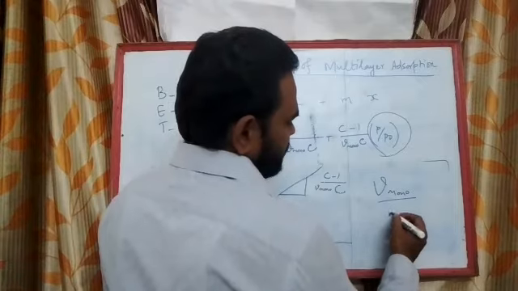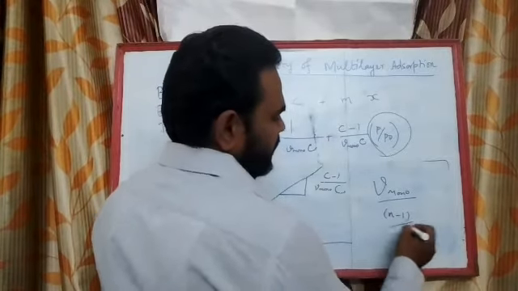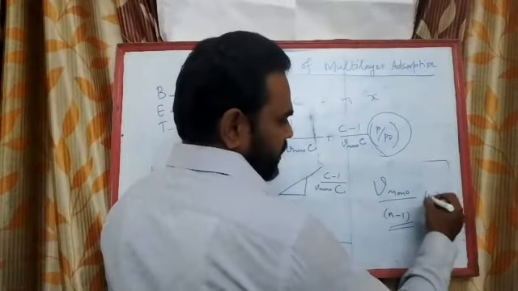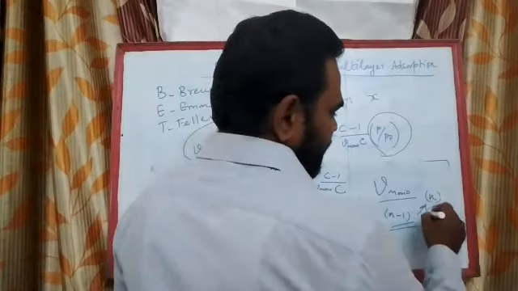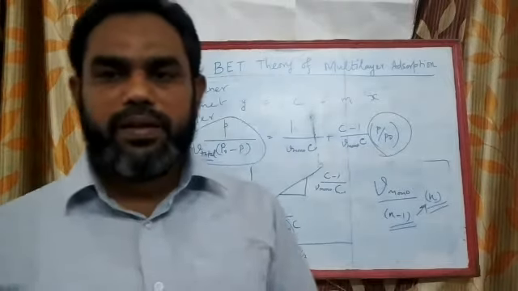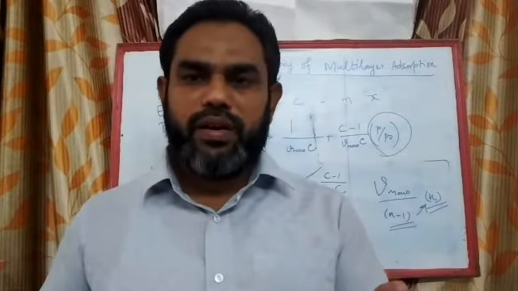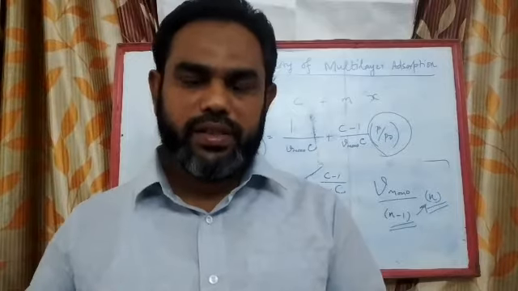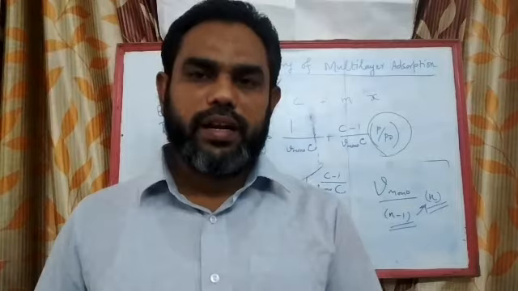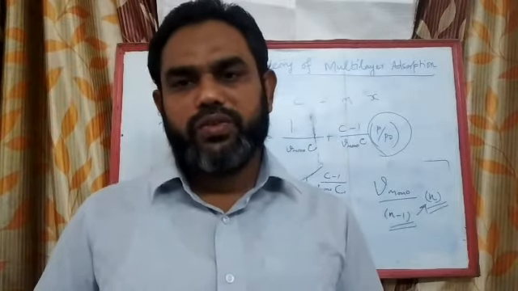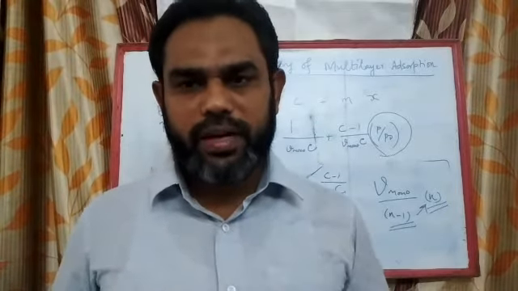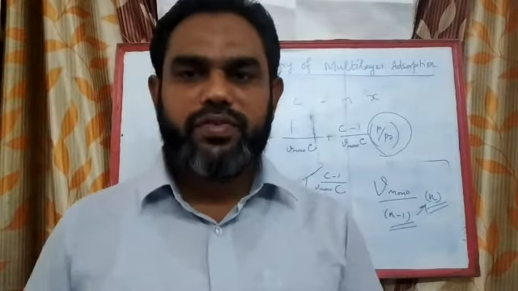you can say this as N minus 1 is the surface area available for the next level of gaseous molecules, that is the second layer or multimolecular layer. Similarly, the surface area provided by the layer N minus 2 is equal to the surface area provided by the first layer. So for every successive layer, the volume of the gas occupied in the previous layer gives you the surface area.